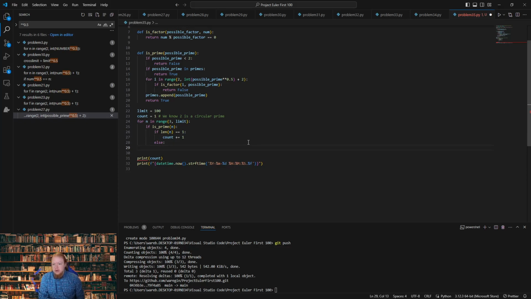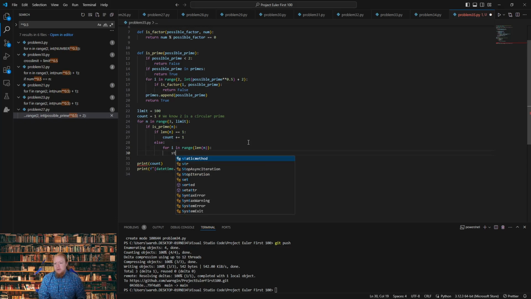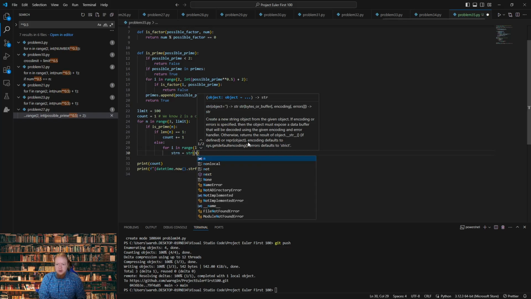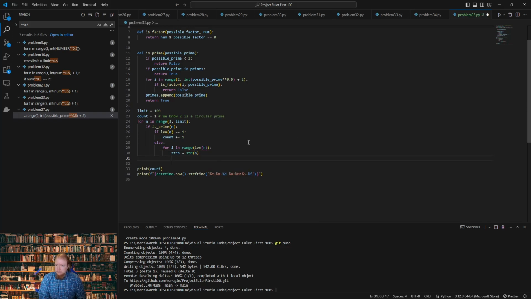Else, and range n, what we want to do is have a string n, which is equal to string of n, and then we want to do